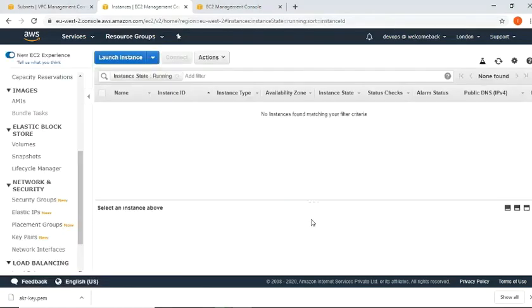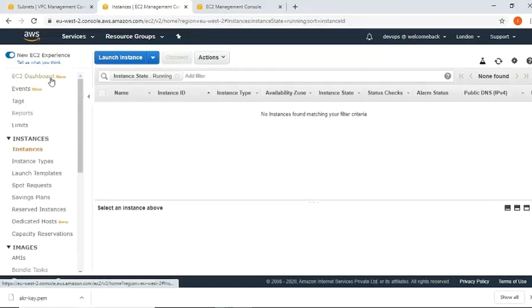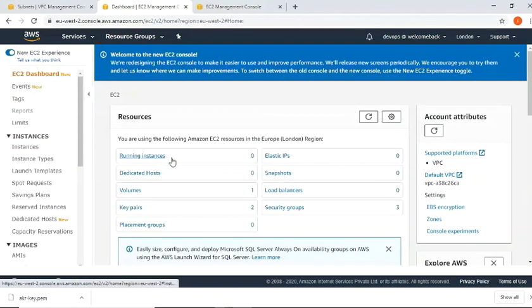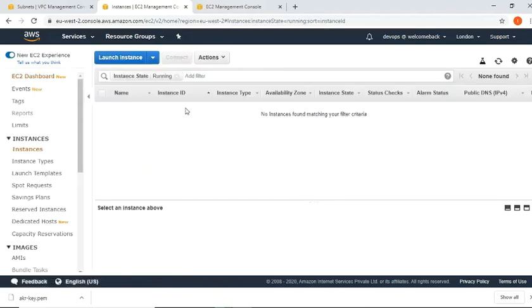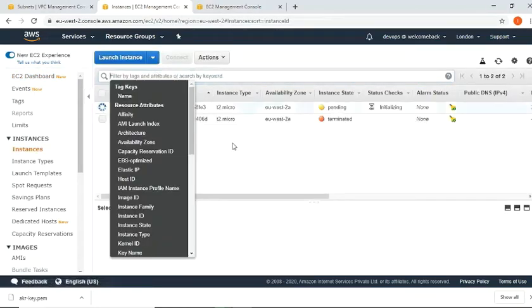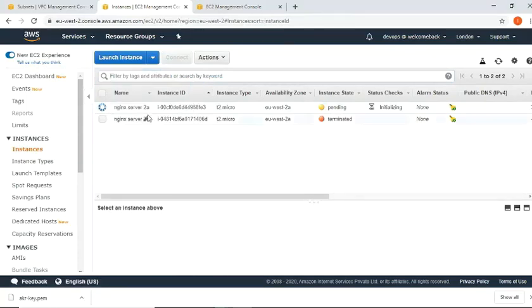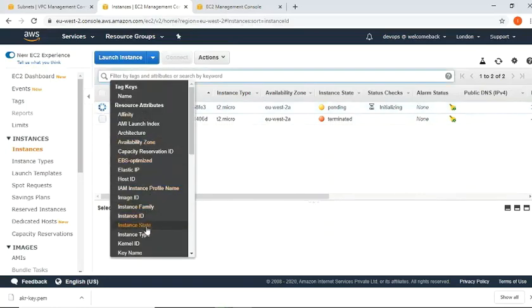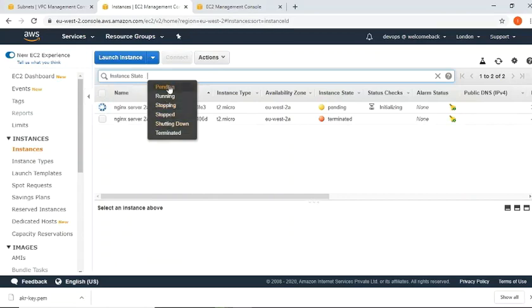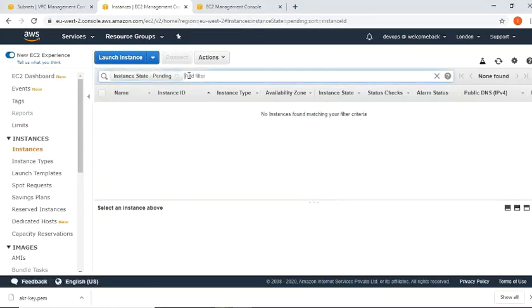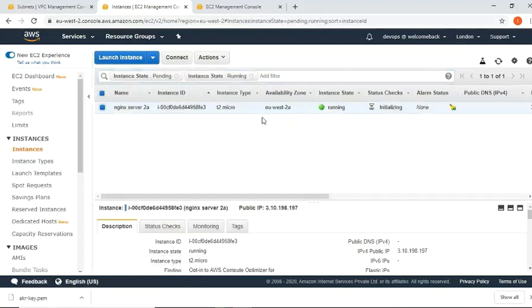Let's see view instance, and let's go to the EC2 dashboard. It's still showing that there are no running instances because there's a filter called running. So I'll just uncheck that, and now you can see two instances, but this particular instance was terminated, which I created in the past. The one which is showing this particular symbol is the latest one. So I can put a filter here. It says instance state, maybe pending. I also want all the instance states with, let's say, running. So that's it. This particular one is the fresh new instance which I just created,